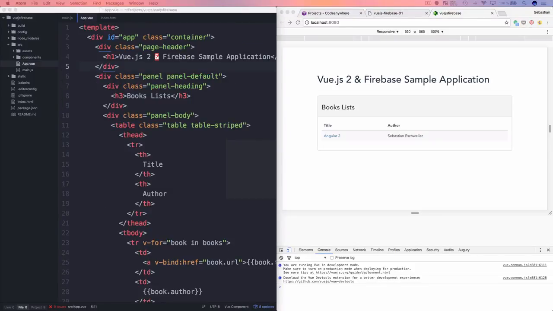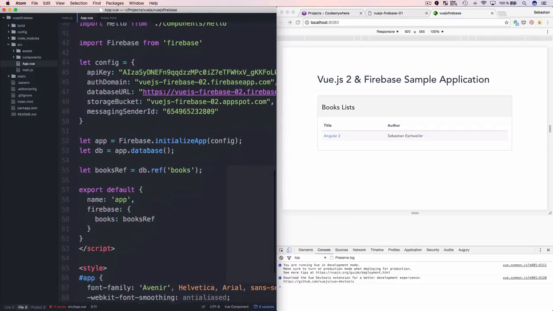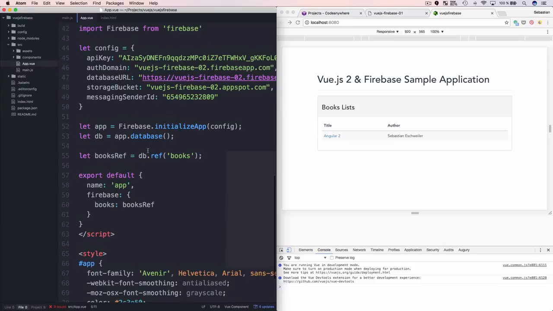Okay, next we are going to extend the application by including an input form so that we can add new book data to the database, and that we can see that the data we are adding to the real-time database are directly reflected in our books list. So let's again open app.vue and go to the script section here, and the first thing we now need is another property here in our component configuration object, and the property we are needing is